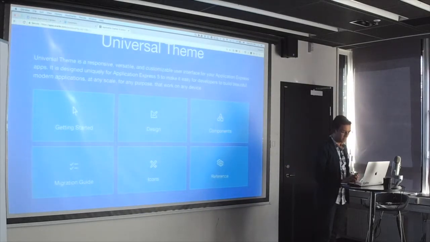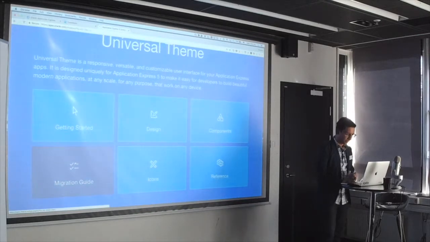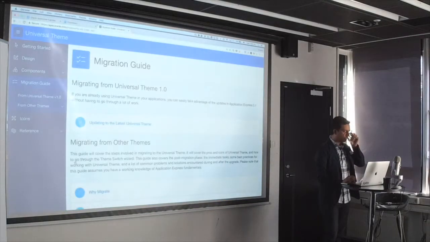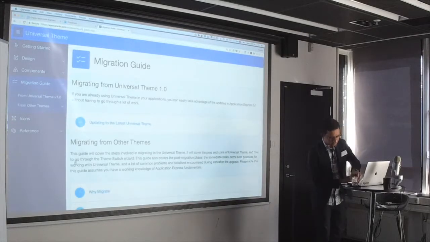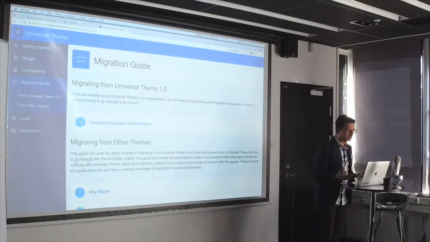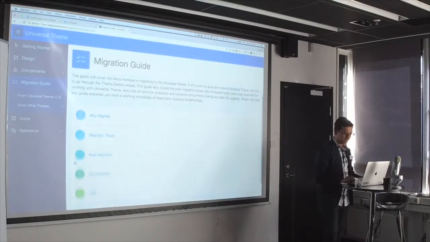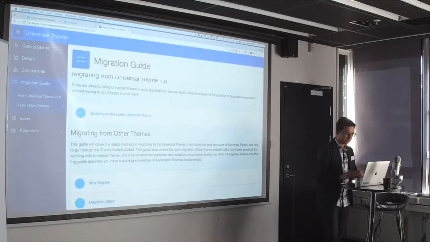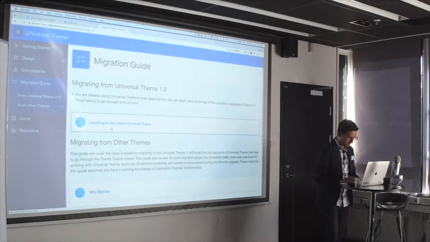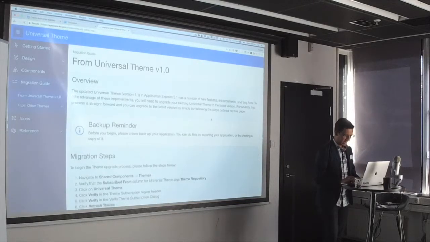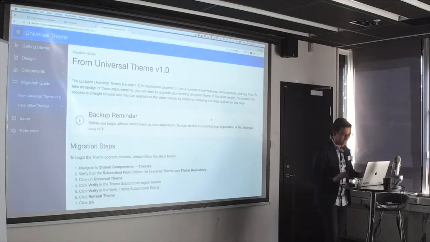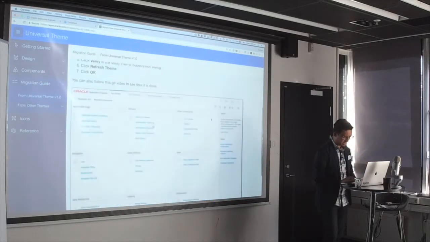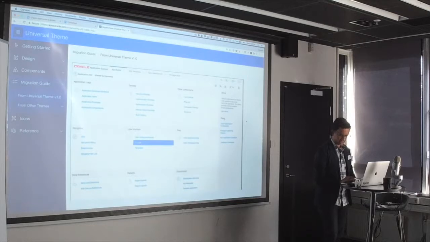So how do I do that? Well, I can probably go to the migration tab, right, from the home page. And then there's a couple of sections here. I can say I want to migrate from Universal Theme 1.0, which is what 5.0 shipped with, or I can migrate from other themes. And there's a whole step-by-step wizard here, but I'm just going to click on here. And it says, hey, back up your application. Here's the migration steps. And in fact, there's a nice little video I can just watch to learn